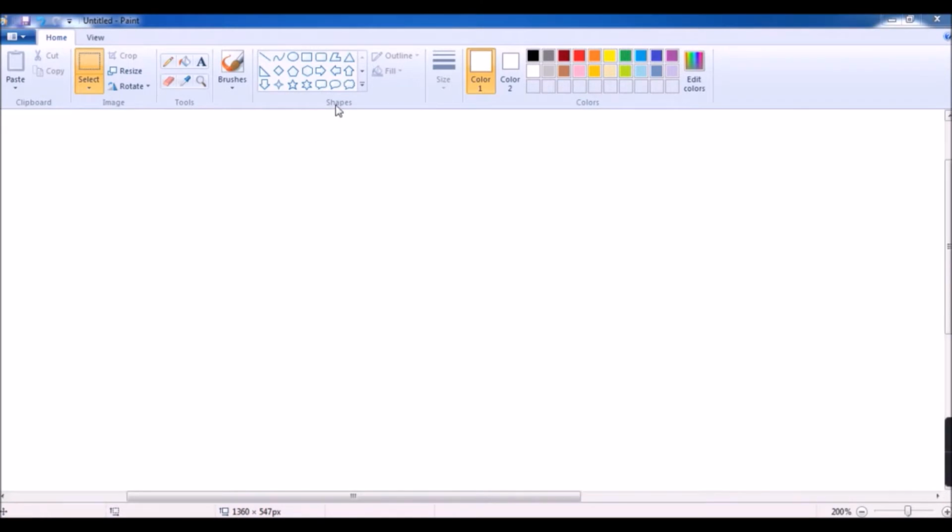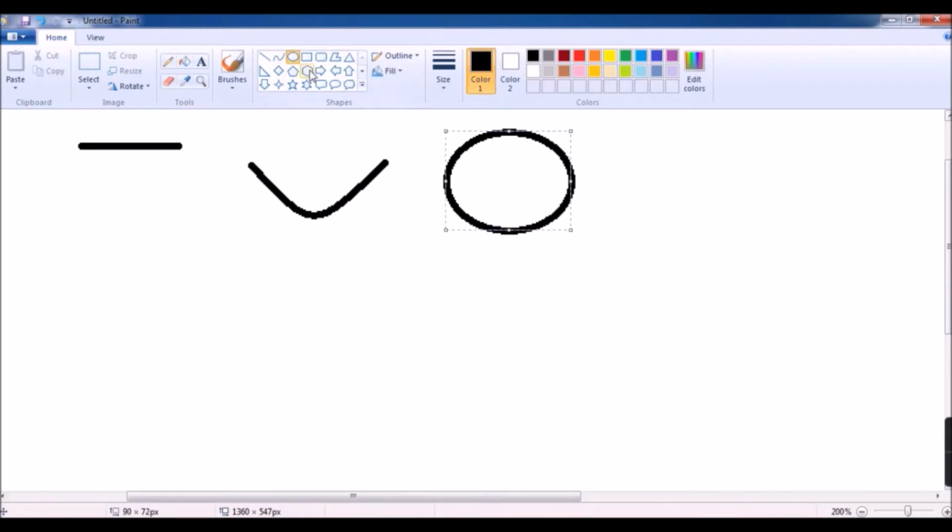Next one is shapes. There are different types of predefined shapes to draw the image. You can see this one is the line tool. Next one is the curve tool. You can see this is the oval tool.